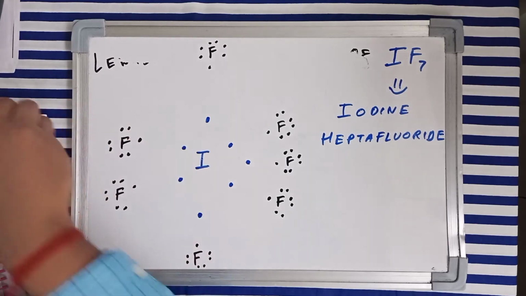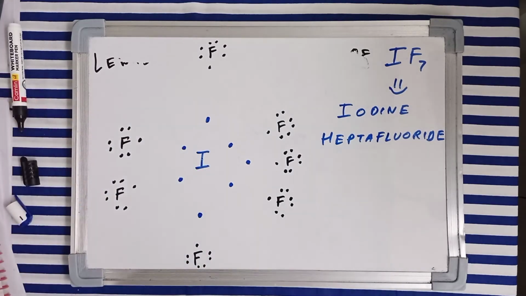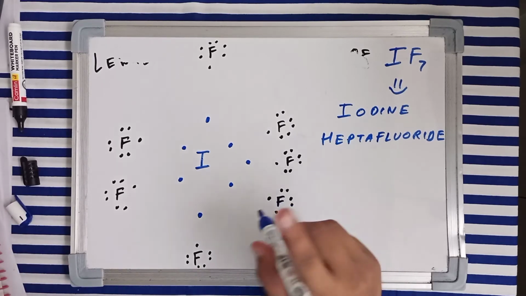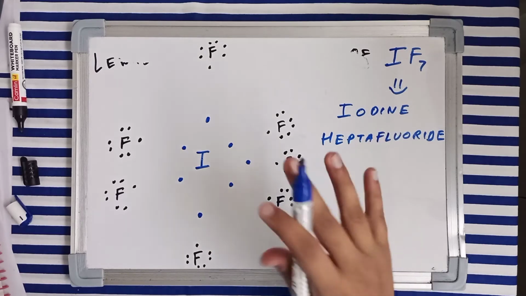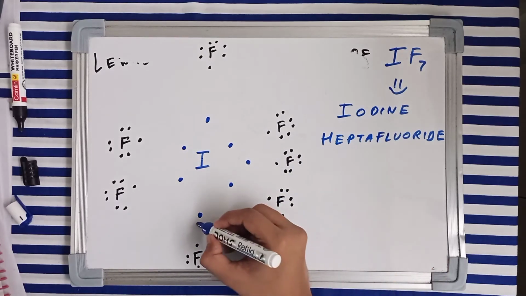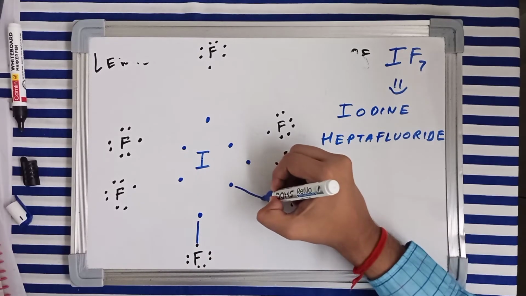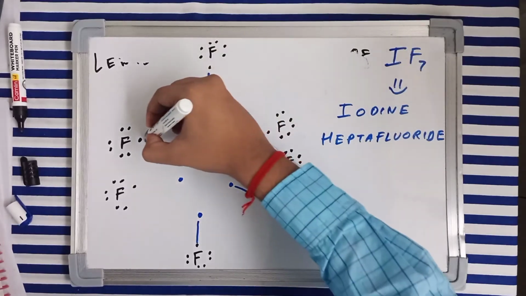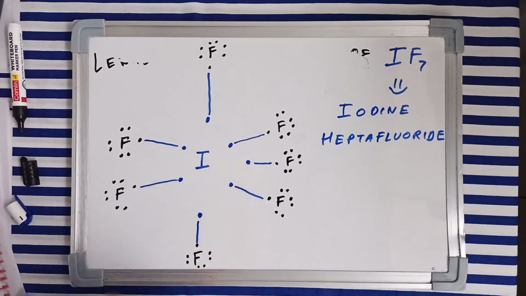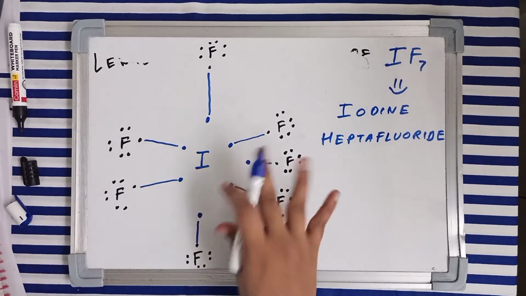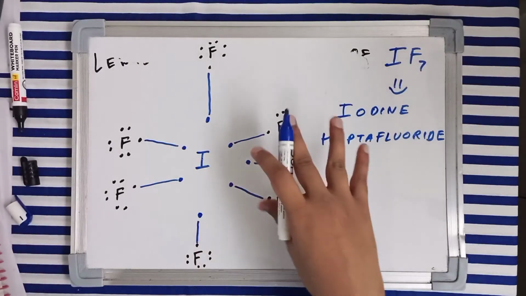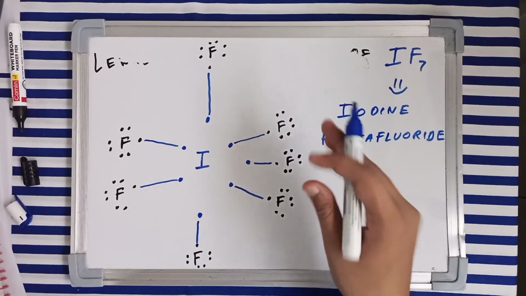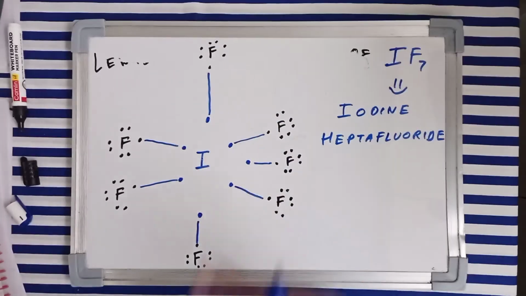Now, notice every atom wants to complete its octet according to Lewis octet rule, right? So fluorine has got 7 valence electrons and it needs just a single electron more to be in a stable state. So each fluorine is going to make a single bond with iodine, the central atom, right? And this is the structure of IF7 Lewis dot structure, right? I am not talking about its molecular geometry right now. It will be published in a later video. I'll talk about the hybridization in a later video, right? But this is the Lewis dot structure of IF7.